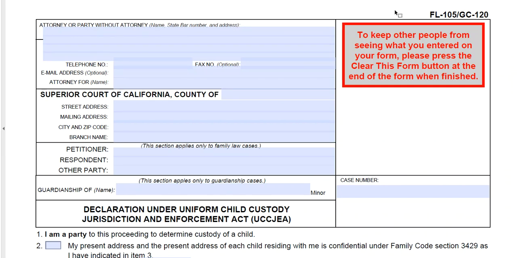Hello, this tutorial is for the Uniform Child Custody Jurisdiction Enforcement Act form, or easier to say, FL-105 in family law cases and GC-120 in guardianship cases. The prime purpose of this form is to prove to the court that your child or